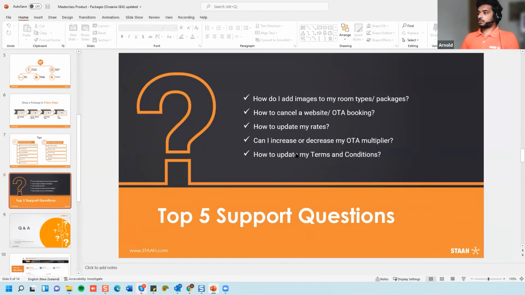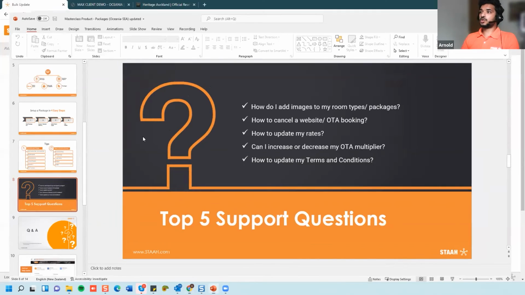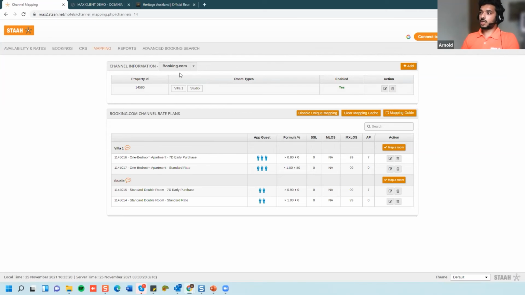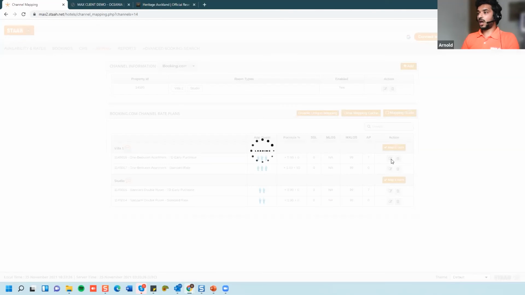The next question, can I increase or decrease my OTA multipliers, or can I increase or decrease my rates that are going out to booking.com and Expedia? Yes, you can. So for that, what you can do is you can go into the mapping section that you see right on the top out here. Once you're in the mapping section, what you can do is you can select the channel you want to update the multiplier for, and specifically go into the mapping